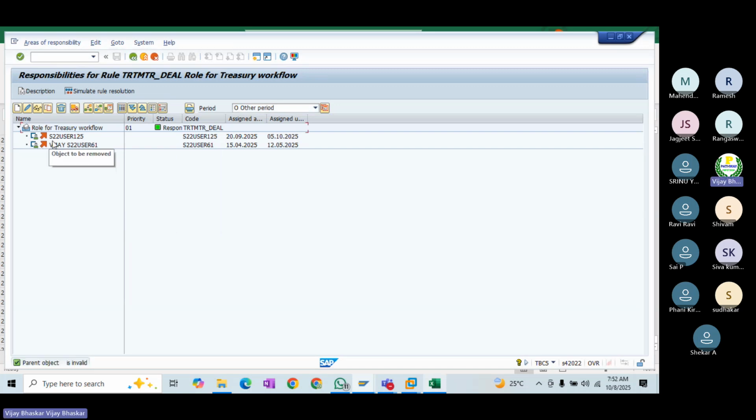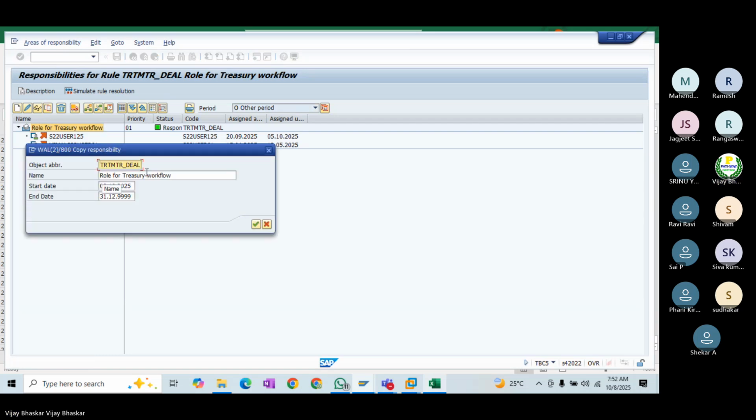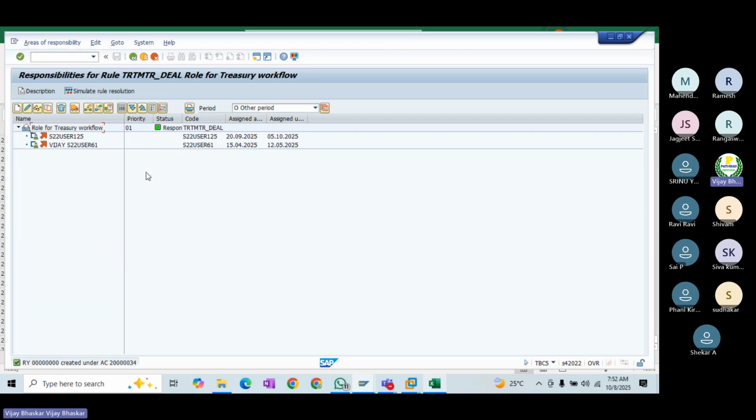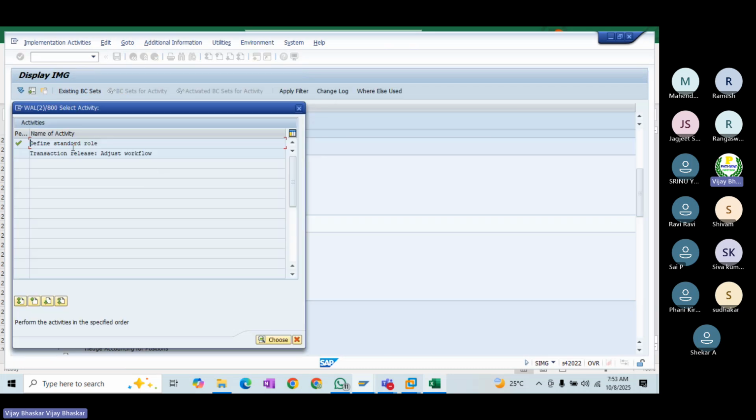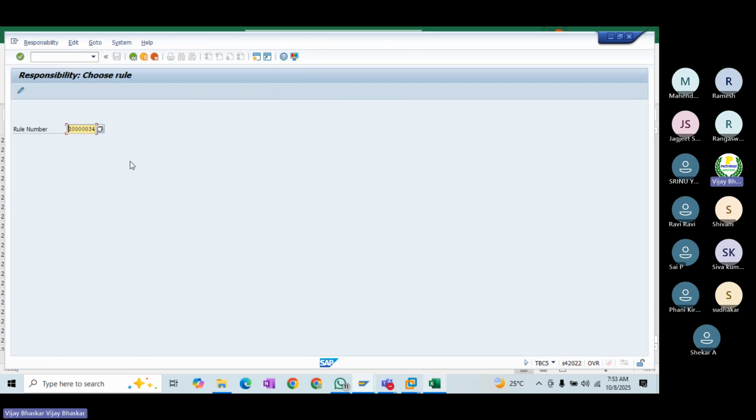It is not done. One second. Okay, let me do one thing here. Let me copy in case it is required. I'm not sure what it is. Created. Okay, so 3, 4 created under. Okay, second. Oh, okay. Understood.